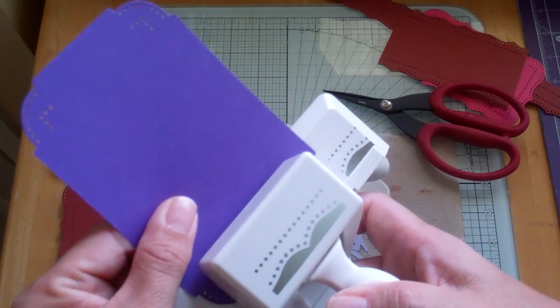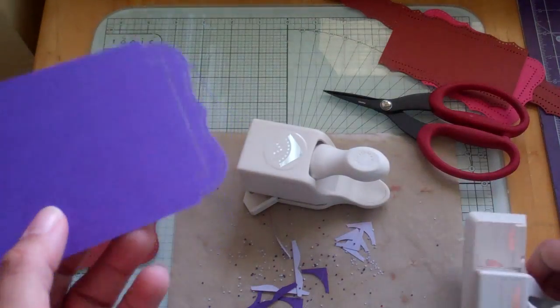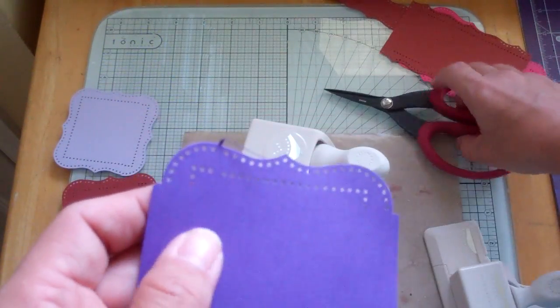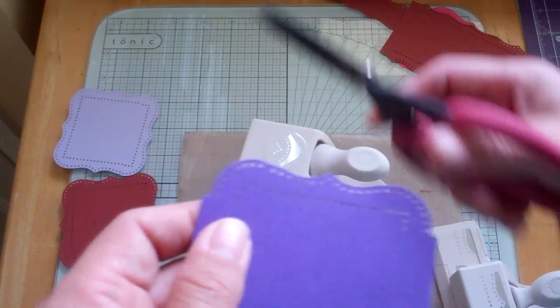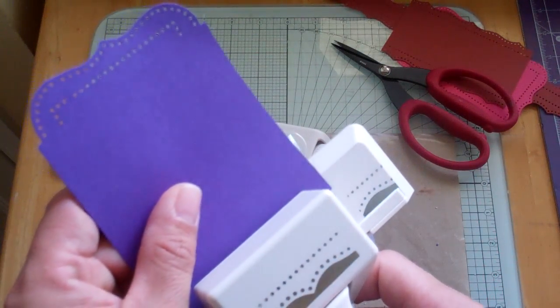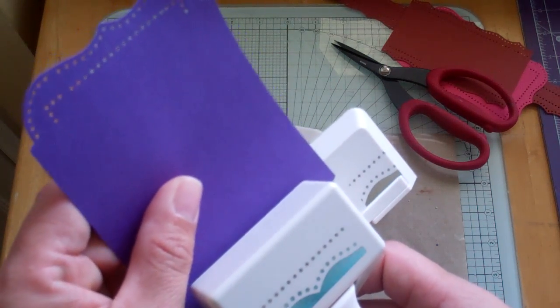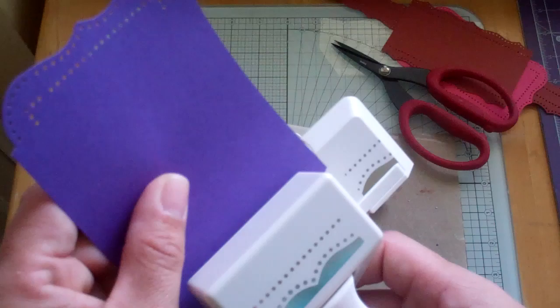And I am so pleased with this gift, Robin. I love it. So see how there's that little piece there? It's okay, just cut it off. Not a big deal. Don't think that you did it wrong or that it's broken or anything like that. That's just normal. I have several of these, and